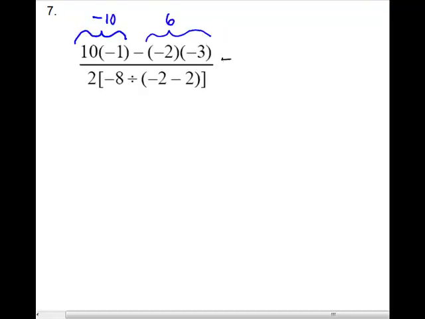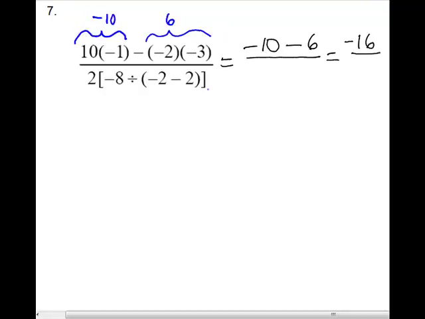So I'm going to rewrite it. So I have a negative 10. Don't lose this minus. 6. Right, and I can keep going there. I can take this minus over with my 6, just to do my sign rules, and it will be like signs. So I'm going to add and keep the sign. Now I'll work on the denominator,